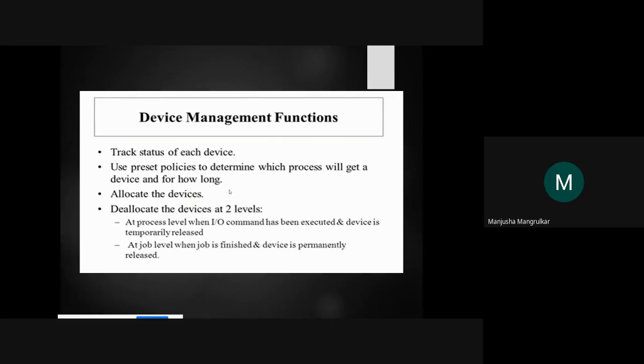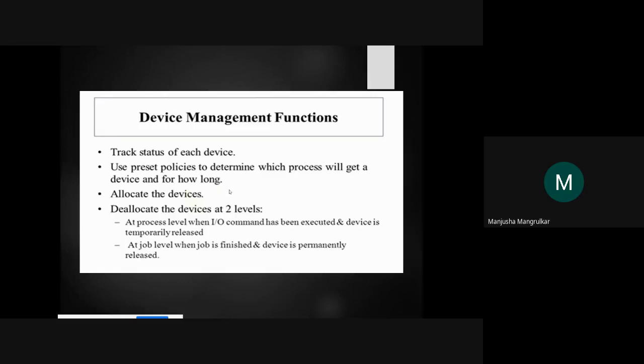Suppose a printer is there. Now I am giving one print instruction for one document, and another for another document. One document is one process, and another document is another. But which document will print first and which is next? It does not happen that one page prints from one document and another page from another document.